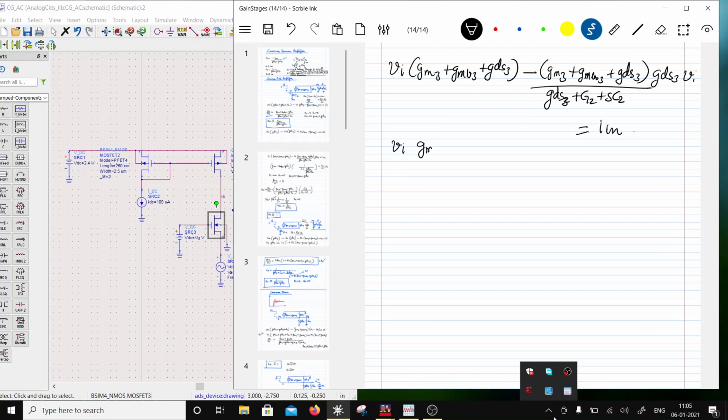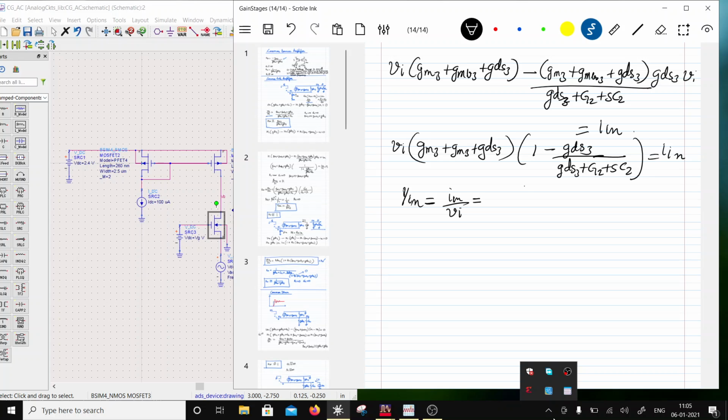VI common is GM3 plus GMB3 plus GDS3, and this will be 1 minus GDS3 divided by GDS3 plus G2 plus SC2, times Vi, is equal to In. So Yin is In by Vin, or In by Vi, which will be equal to 1 divided by